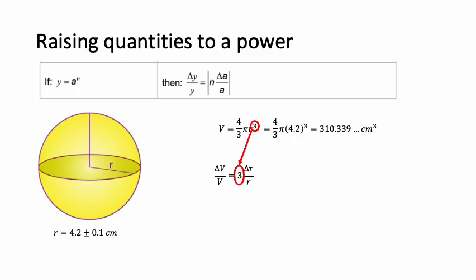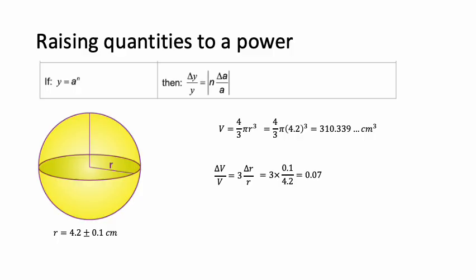Okay, notice we are multiplying the fractional uncertainty by 3. We are not cubing the fractional uncertainty. That is quite a common mistake that people make. We are multiplying by the power, not raising the fractional uncertainty to the power. Okay, when we do that, put the numbers in, round off to one significant figure, it comes out to 0.07,